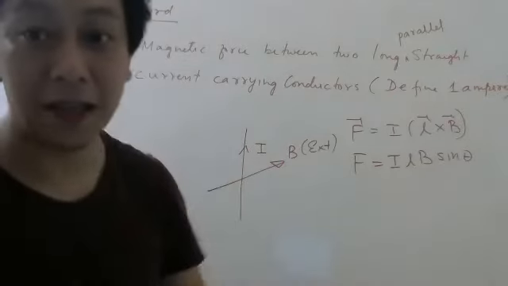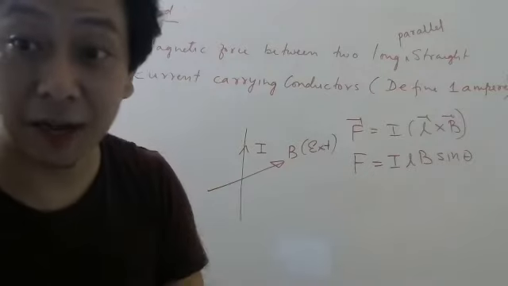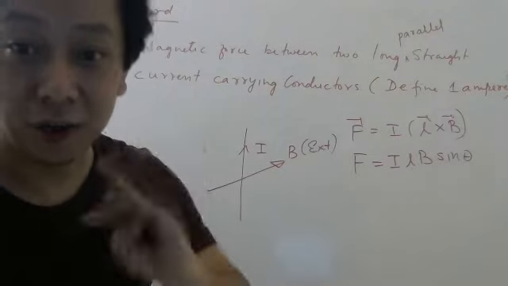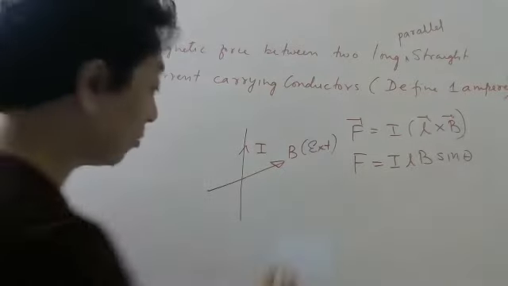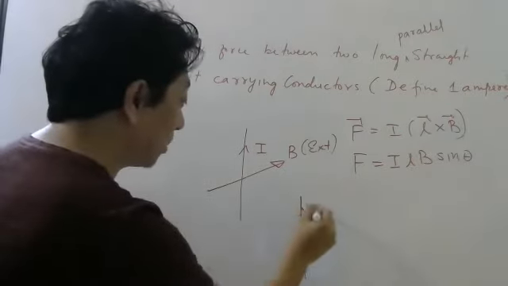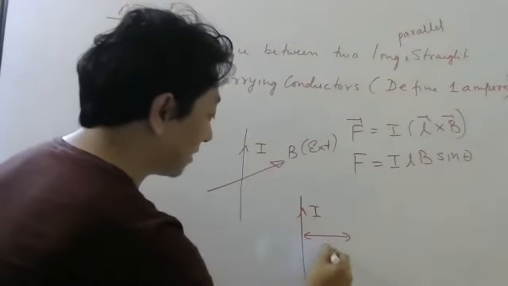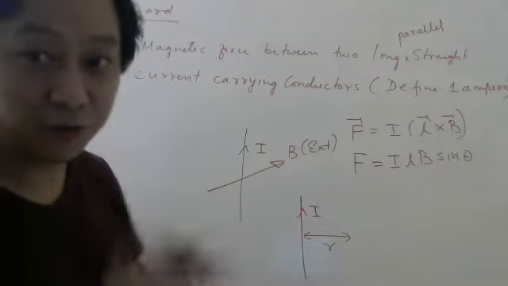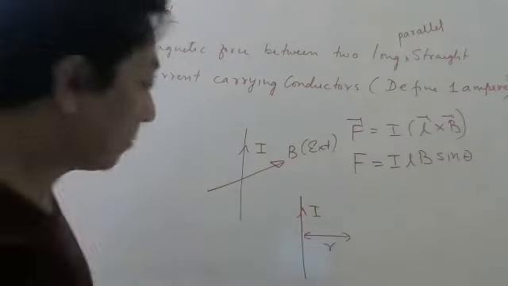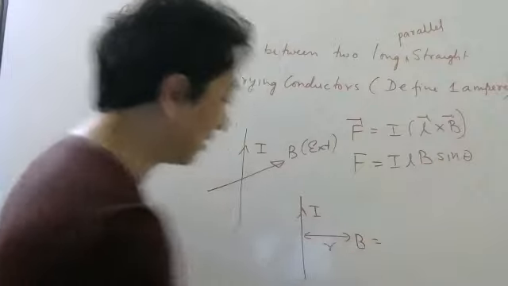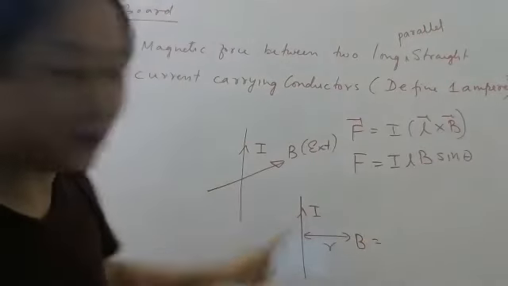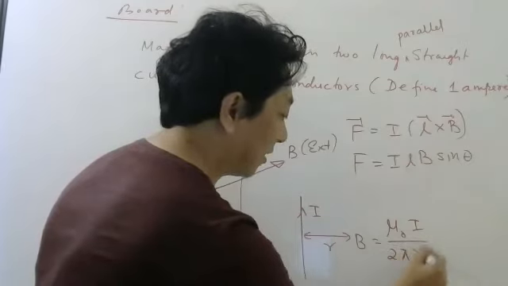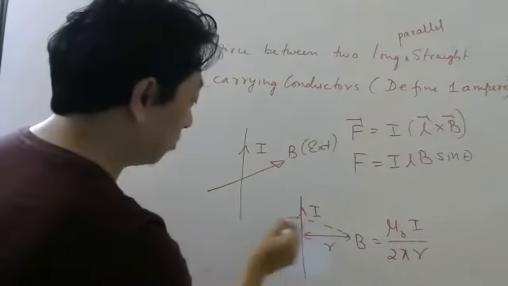So this B was mentioned as an external magnetic field. Somebody is applying it. After that, we learned about Biot-Savart's law and Ampere's circuital law. Using these laws, what did we find? We found the magnetic field due to a current carrying wire at a distance r. Not force. We are not talking about force. The magnetic field at some distance produced by this current carrying wire is equal to mu naught I by 2 pi r.